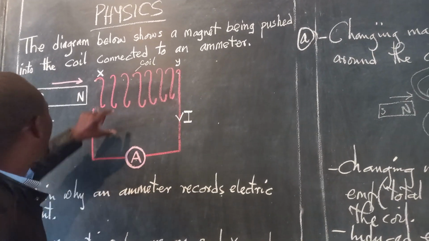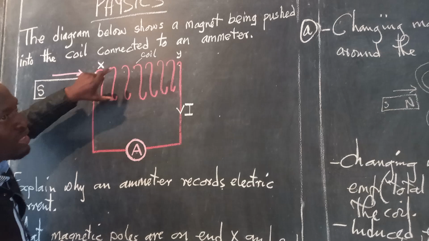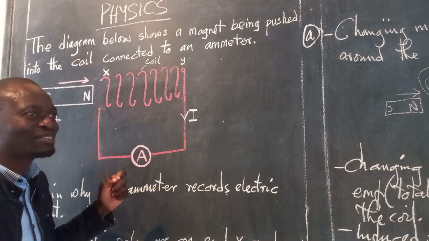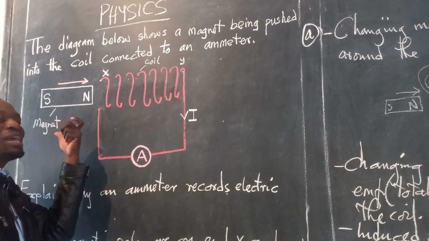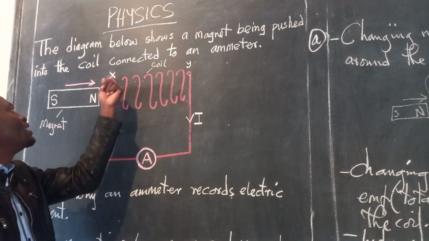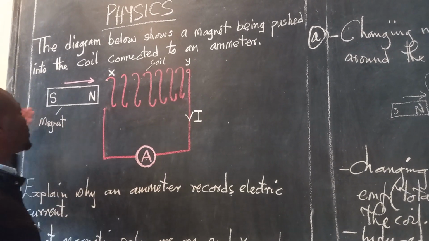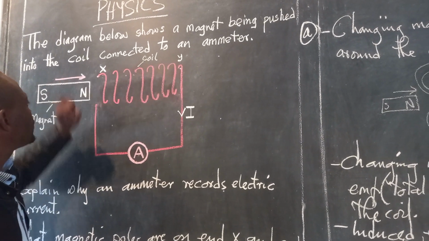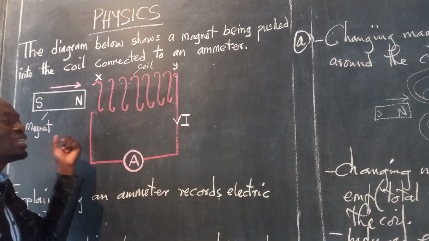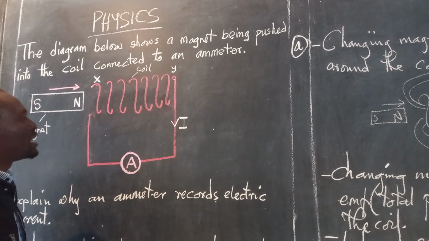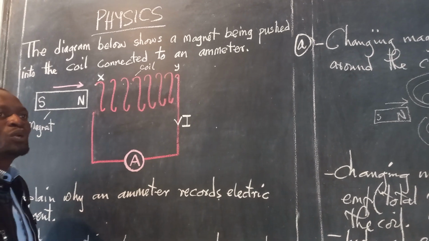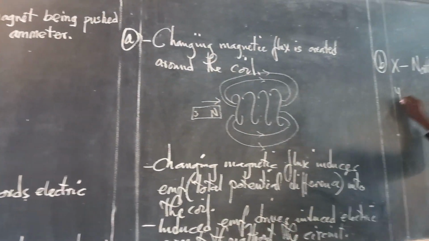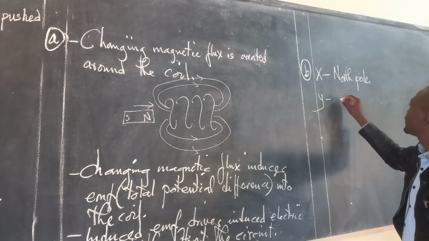Just an addition, when we withdraw the magnet out of the solenoid or the coil, it will create what we call attractive force. If we were withdrawing the magnet, X would have become south pole. And now that we are pushing, remember when we are pushing into the coil, it creates repulsive force. And when we are withdrawing the magnet, it creates what we call attractive force, meaning the two acquire different polarities. So, just in conclusion, in relation to our question, we are saying Y becomes